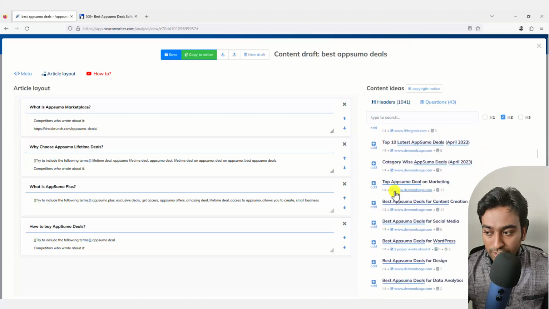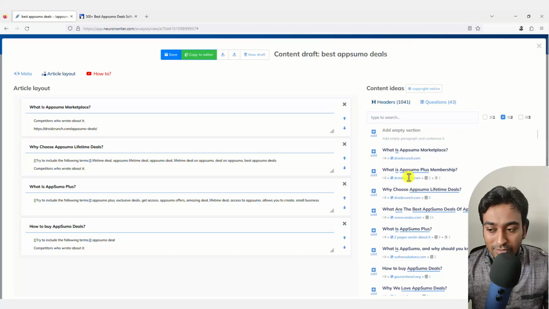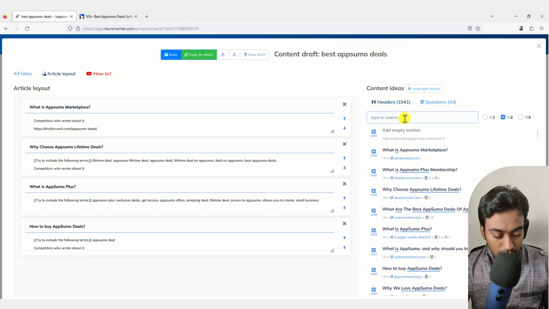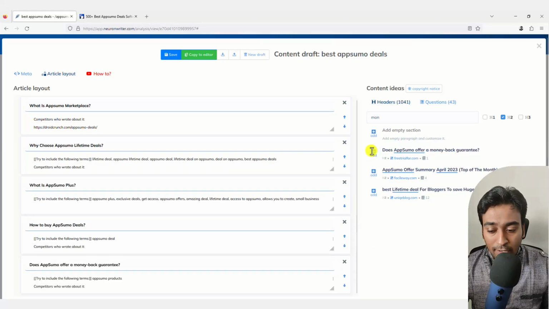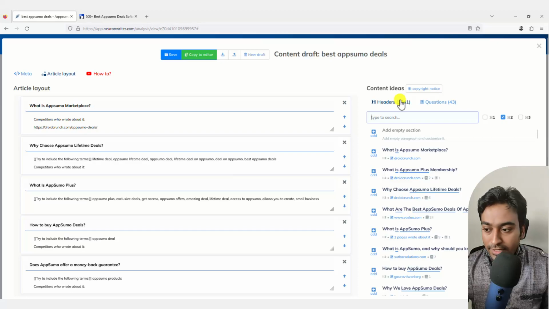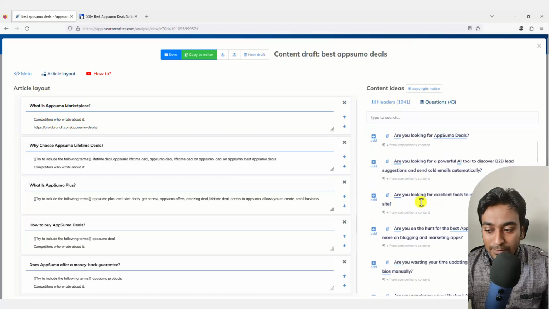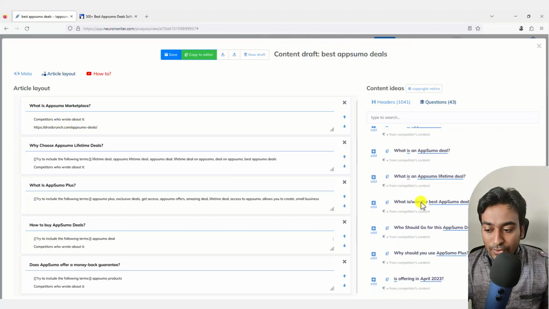You select whichever things interest you, and if you don't want to scroll through it and you want to see something specific, like maybe refund details in case of money back, click on that particular one, and you can search through the particular headers from here itself. Once you are done with the headers, you can now use questions also. If you want to focus on some specific question, you can see that from here itself. I have just scrolled through it and all the different questions are available for you.